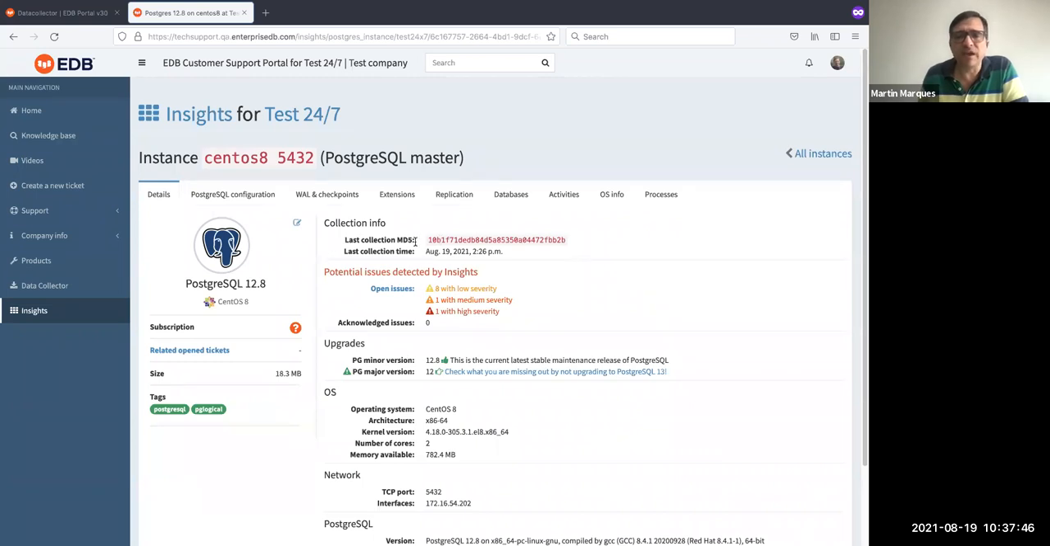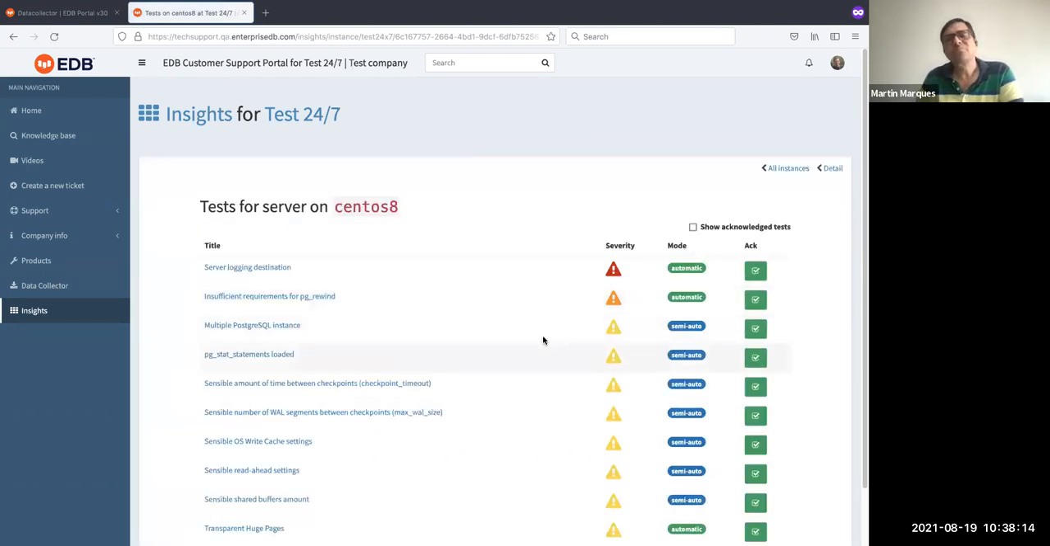Here you have the MD5, the checksum that I mentioned earlier, the time when it was collected. And then this is the very important part, the issues that we found. So there's one with high severity, one with medium severity, and 8 with low severity. If we click on open issues, we will see each one of these tests that the system found, issues that you should be checking. So I'm going to click on it just to show. So each of these are tests where we found something that